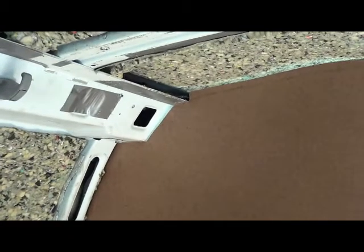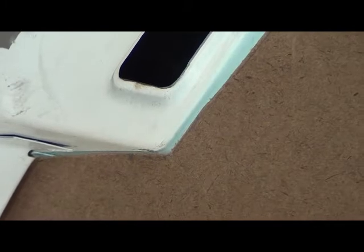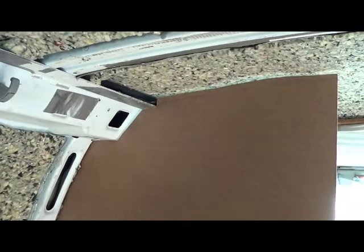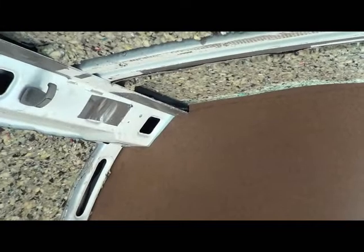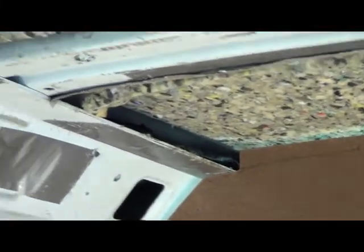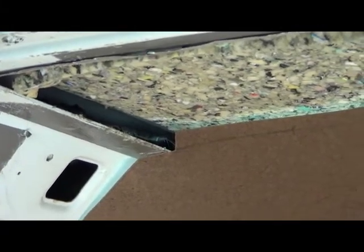Now a little bit of an issue up here in the corner, right there, and that line going down. Got a little bit of a gap there. So when I lay it out on the piece that is actually going to be in here, I'm going to leave a little bit up in that area and trim to fit. And you can see up here I've got what I think is my roof line, okay, but I'm going to let that go for right now because it's really going to be lower than that